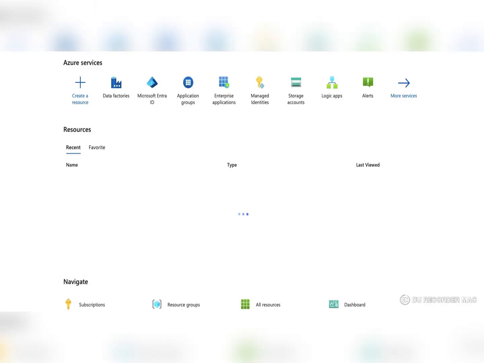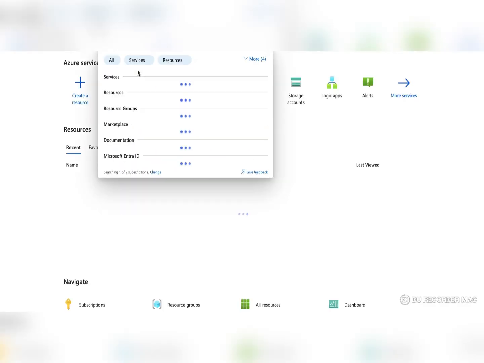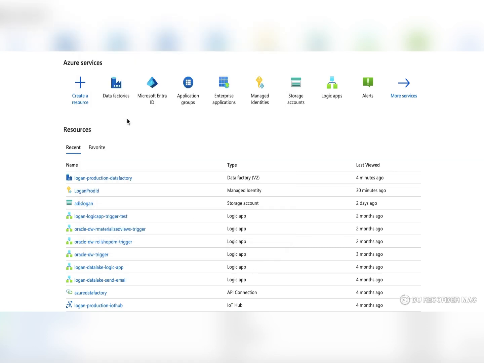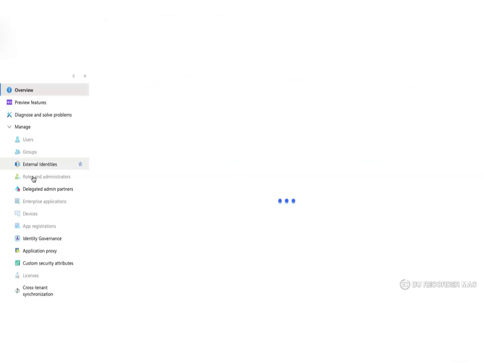Today we'll see how to refresh a Power BI dataset from ADF. Now first you have to go to azure.portal.com, then search for AD groups, then click on the groups,